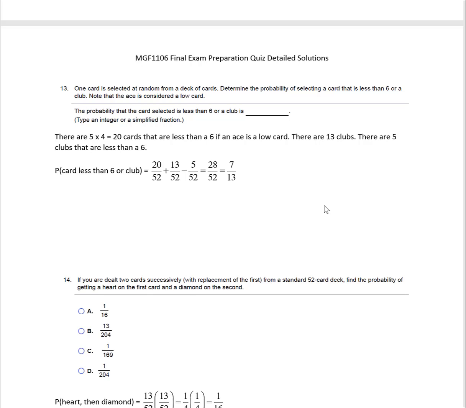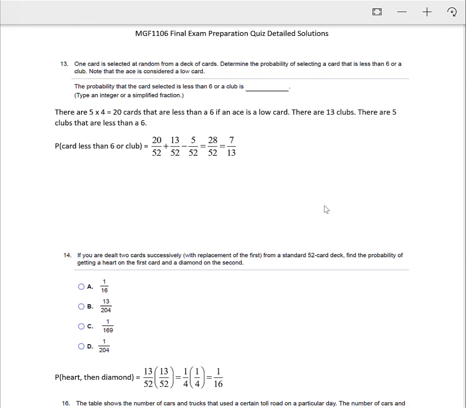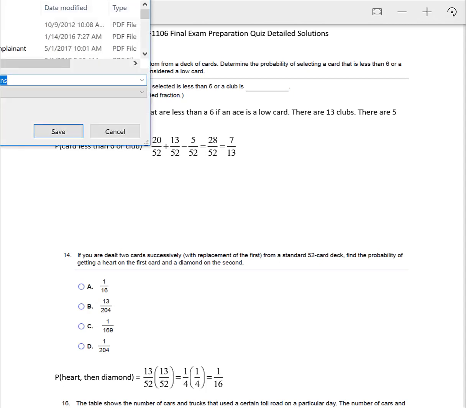So we're going to use our probability of A or B formula. The probability that the card is less than 6 or it's a club is the probability of the card being less than 6, which is shown here, and then the probability that it's a club, and then finally we're going to subtract off the probability that it's